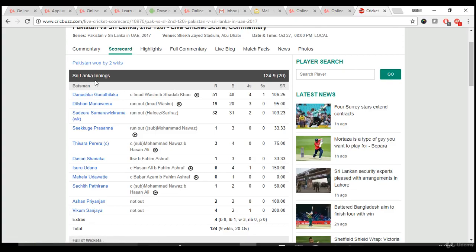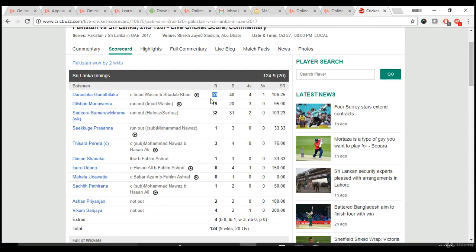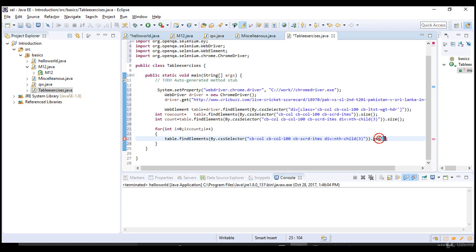So it comes as 1, 2, 3, and our control comes to this point. Okay, now it has an idea of all these elements, because we traveled now with the help of this step. And as our control now has the list of all these elements, from the list we are asking it to pull the ith element. That means for the first time the value will be 0 in the for loop.